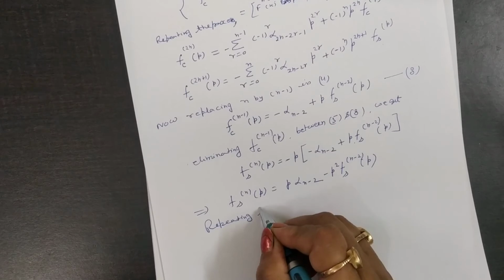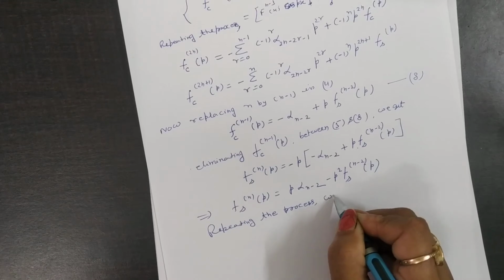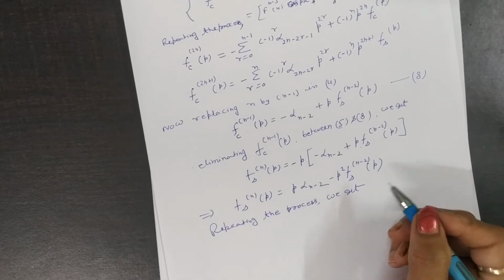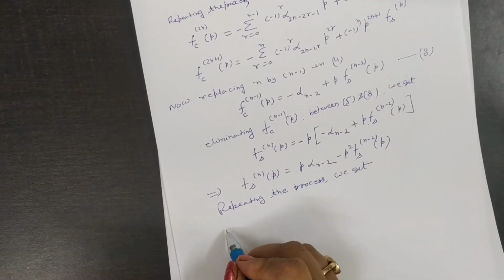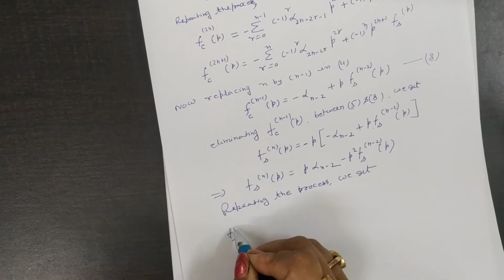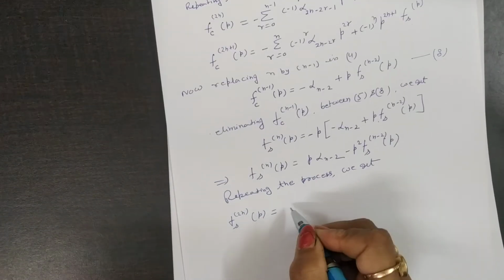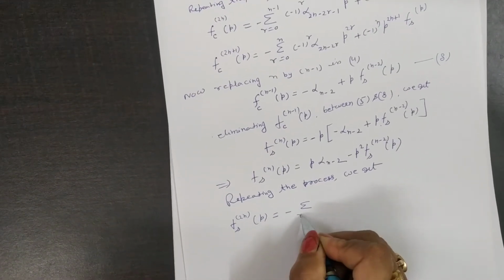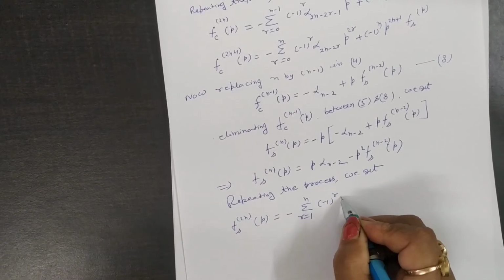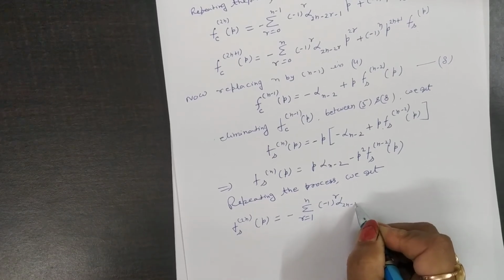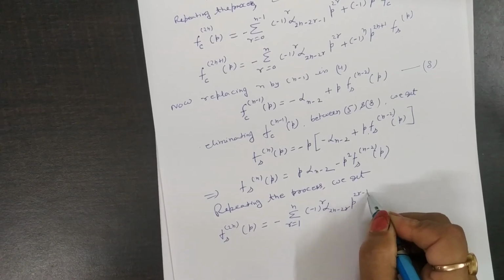repeating the process, we get, similarly for the odd and even terms, f of s 2n p is equal to minus sigma r is equal to 1 to n, minus 1 to the power r, alpha 2n minus 2r, p to the power 2r minus 1, plus